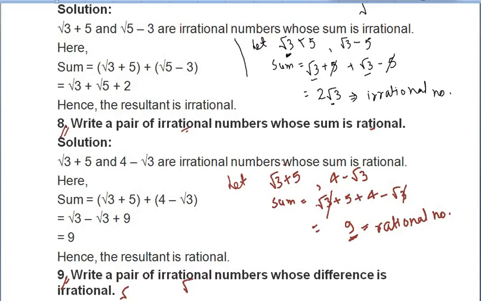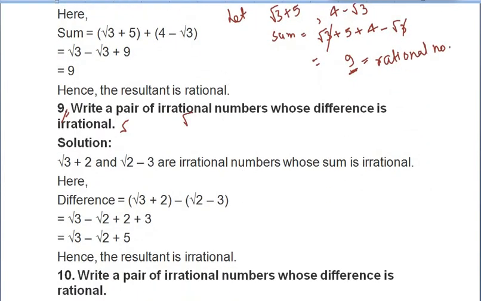It may happen that one time you cannot get the answer, but the second time you can. It is not necessary that you consider numbers once and find their addition or difference, and the answer you get may be rational or irrational; it may be that you want rational and your answer comes out irrational. Then in that condition you will cut your question and again change the numbers you have considered. Now let's start.